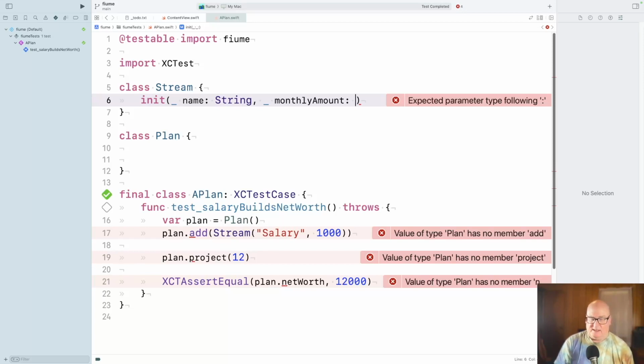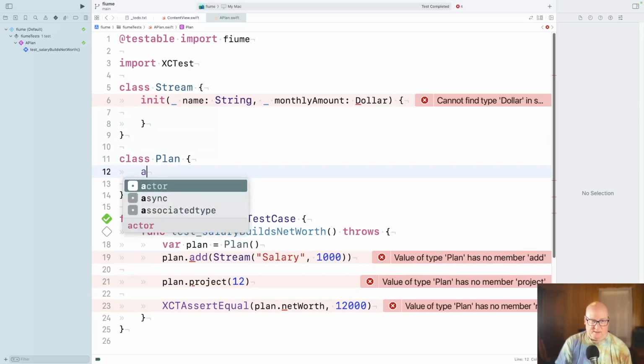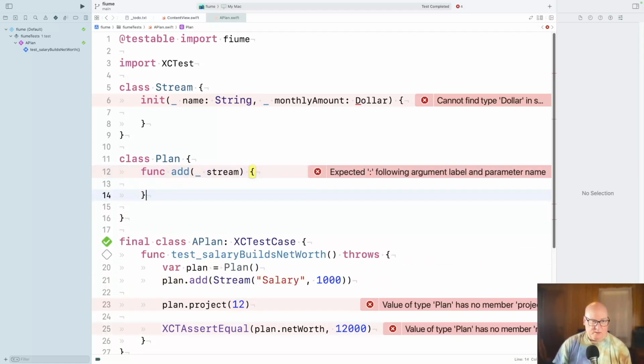Let's start getting these classes in. Let's say dollar. I'm kind of willing to make it dollar. U.S. imperialist approach, I guess. Okay, so we've got two arguments, and then we have a plan, and it has an add method, and it takes a stream, and does nothing, no return.